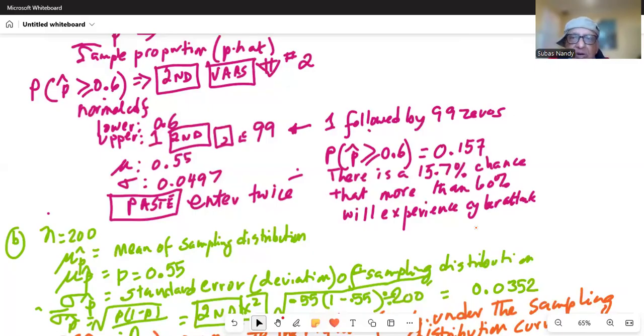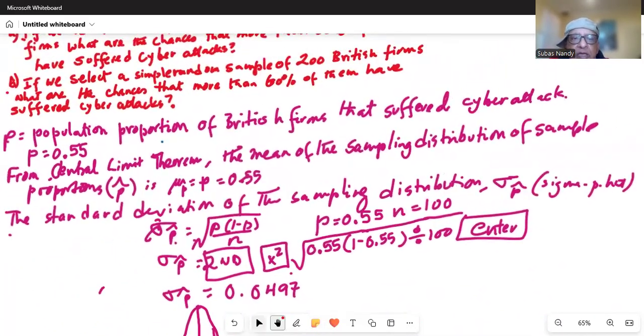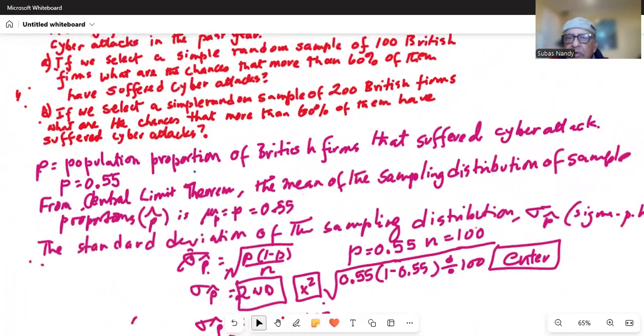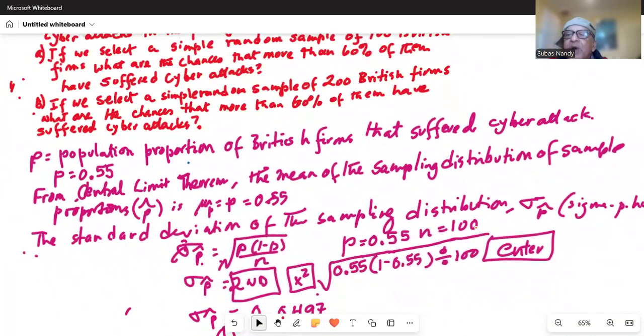Okay, so let me quickly walk with you what I did. First was the information given to us. 55% of British firms in the past year had experienced cyber attack. So the population proportion of cyber attack is 0.55. From the central limit theorem, in the sampling distribution, which is the probability distribution of sample proportion, as I've shown in